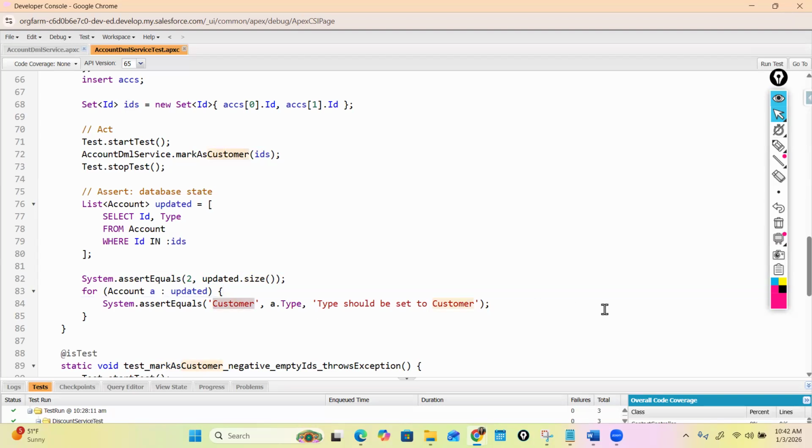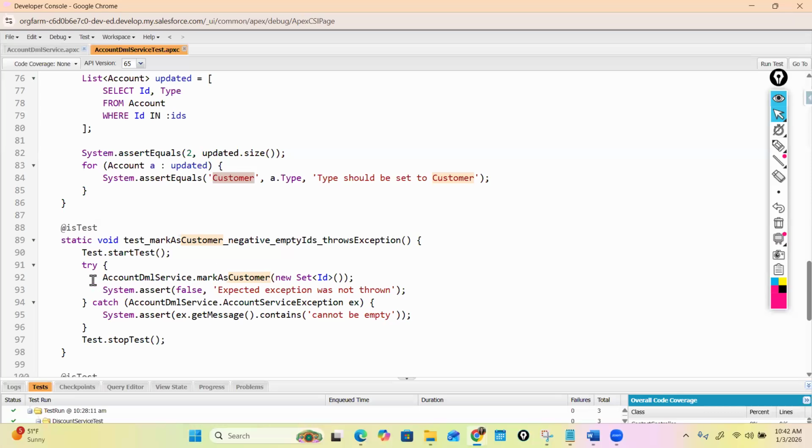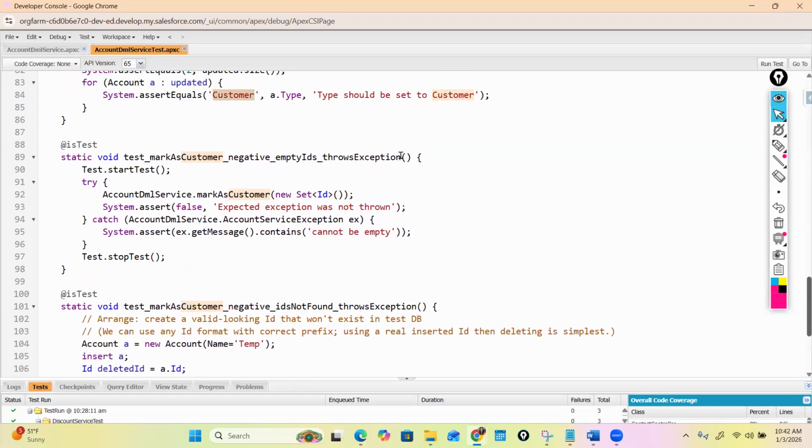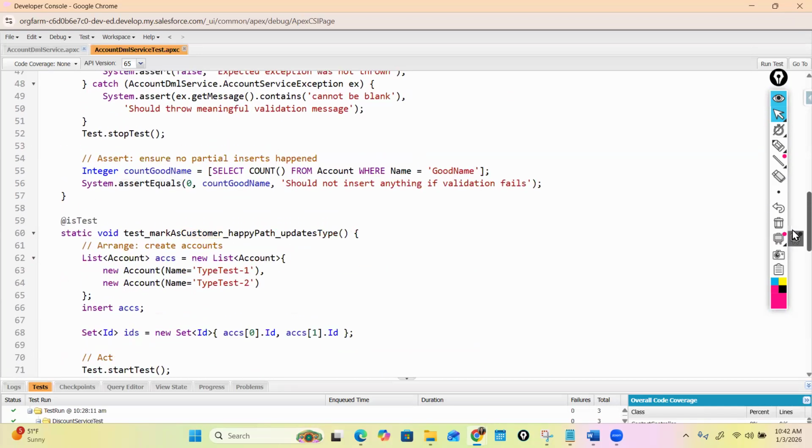So I'm assuming this method will fail, and I will leave it as it is. I won't make any check. And then here it is just checking for the exception, if the exception was thrown or not. So this is another method. And if I scroll down, I'll explain these two methods, but let's first run the top three methods